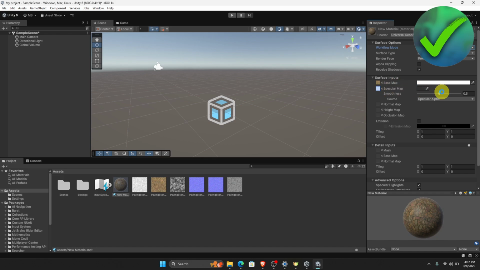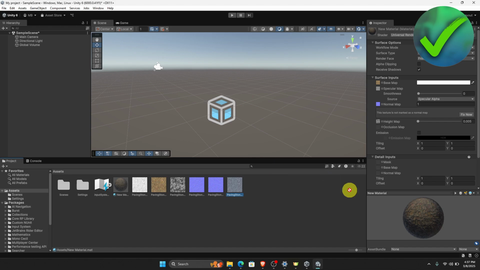And then let's adjust the smoothness into 0 right there. And then for the displacement, let's add this right here on the height map. And then for the normal, let's drag this one right here. And then for the occlusion, let's drag this one right here. And then once we now have added those, the next thing that we need to do is to add an